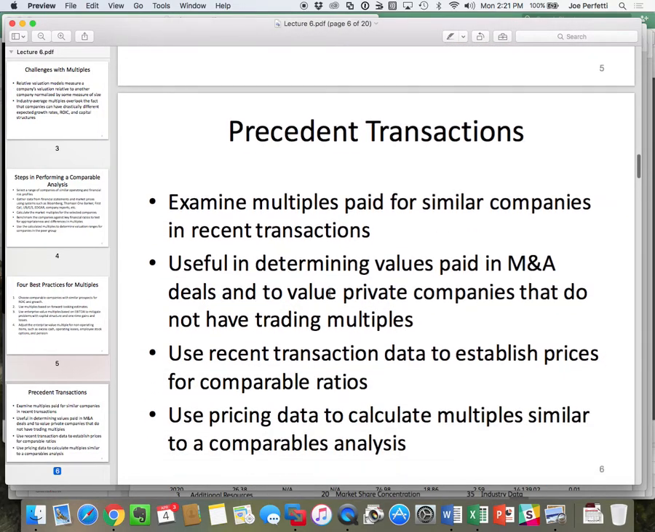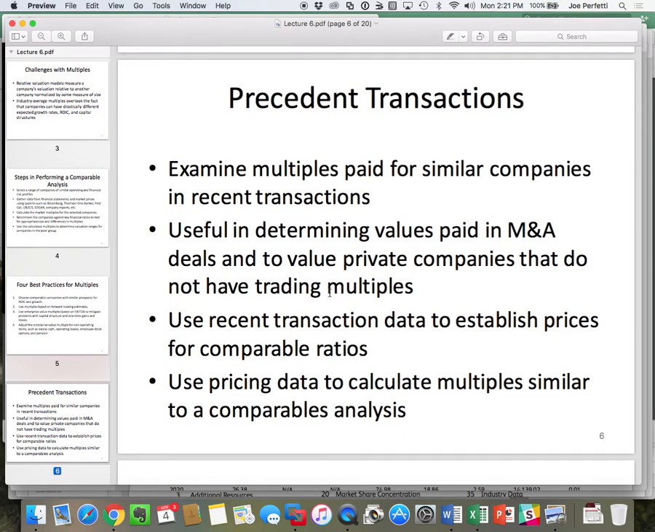So there's also something called, by the way, precedent transactions. Those also are a form of multiples. Precedent transactions involve acquisitions. So if I buy somebody, then I would pay a multiple of their earnings or sales to buy them. So it's a different set of multiples for acquisitions than it is for a publicly traded company to buy their